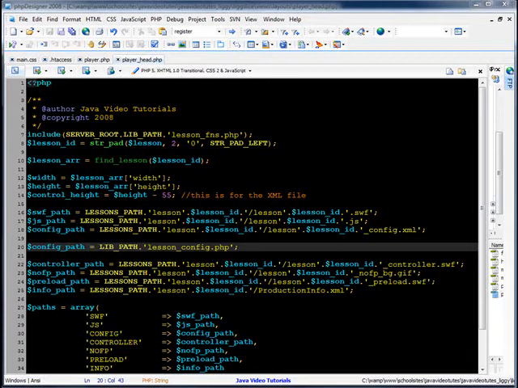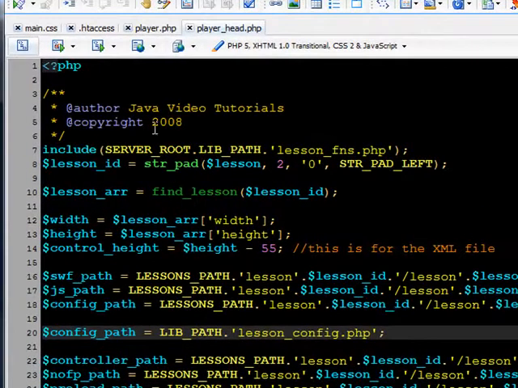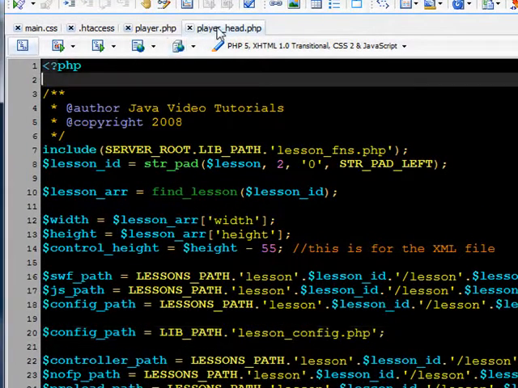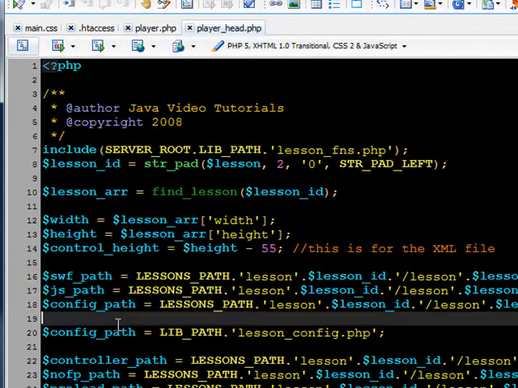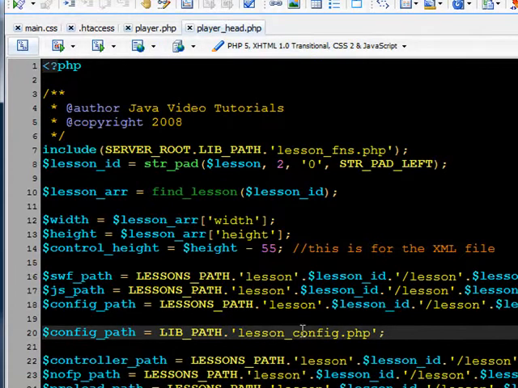Okay guys, I'm having a really weird issue and I just need some quick help here. This is a file that I'm including. It's called playerhead.php and we've just got some paths set up. The only one I'm worried about right now is this config path, and this actually points to an XML file,